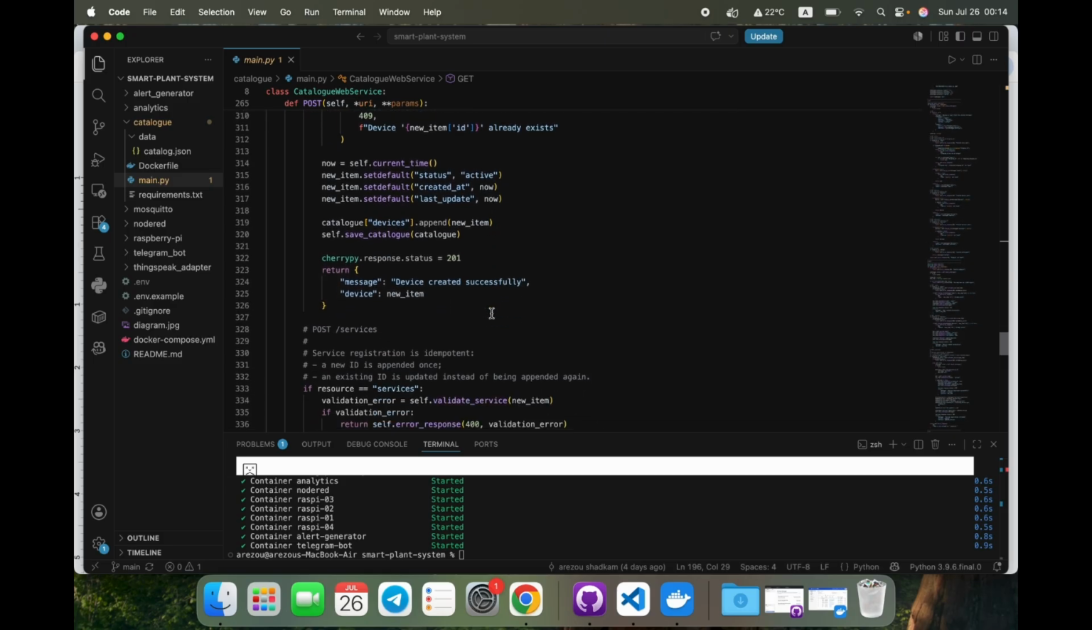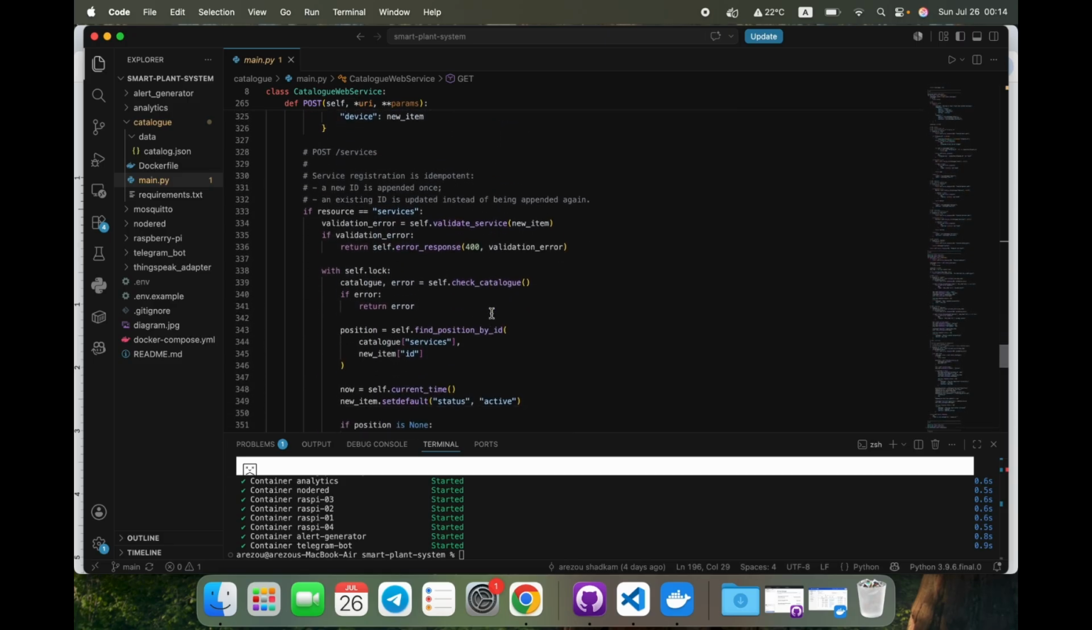Then we have POST services here. The service registration is one of the most important because it's idempotent. By that we mean that repeating the same registration doesn't mean